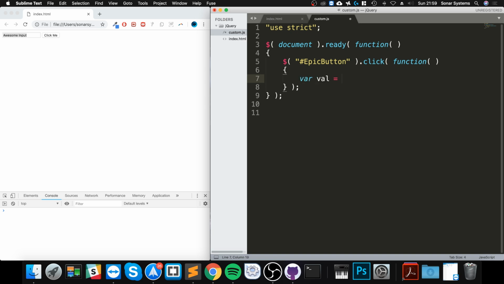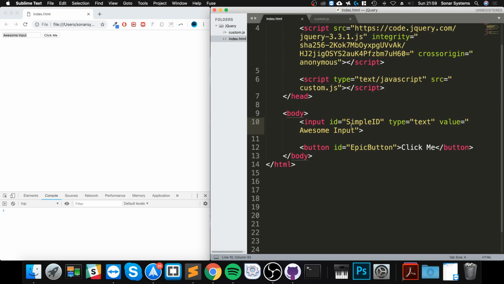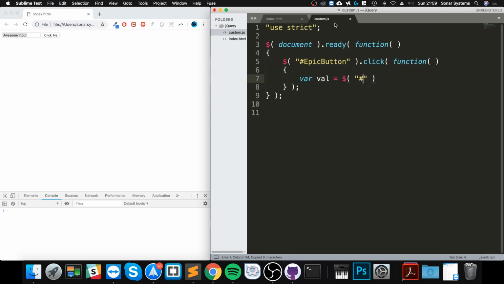val equals dollar. You need to retrieve or select, I should say, the element, and you can do that however you want. I'm keeping it simple with an ID dot val, and that is it. And then if we were to console log this out, so console.log